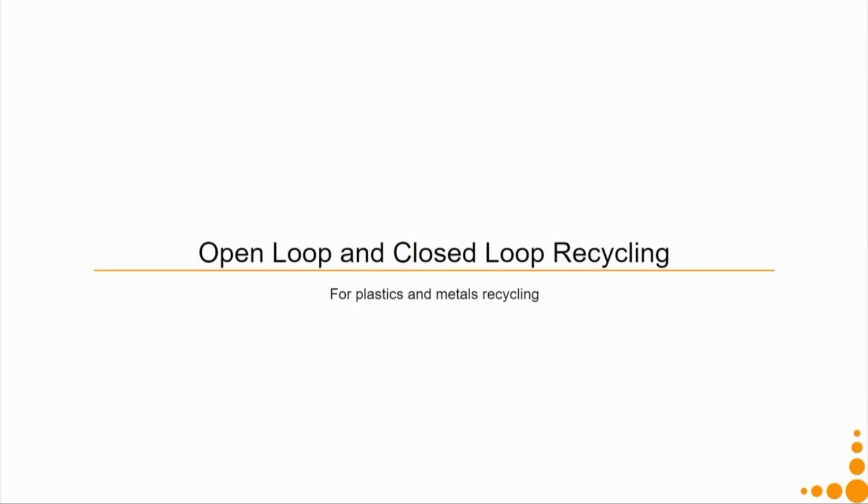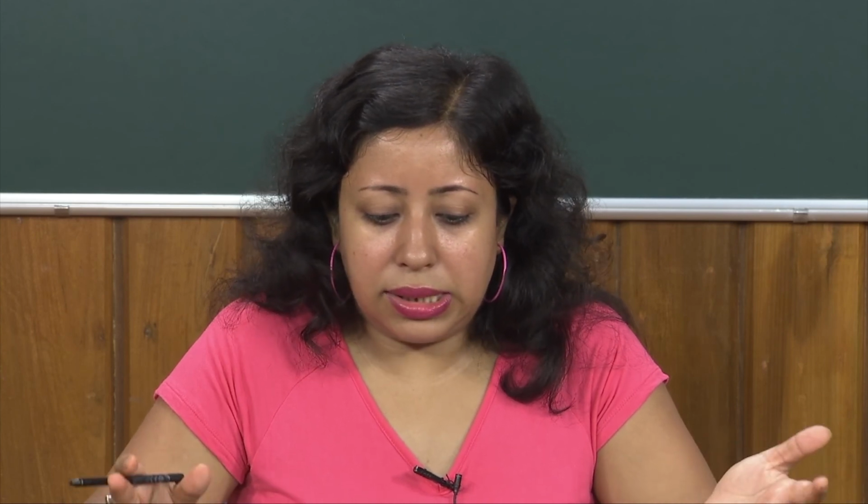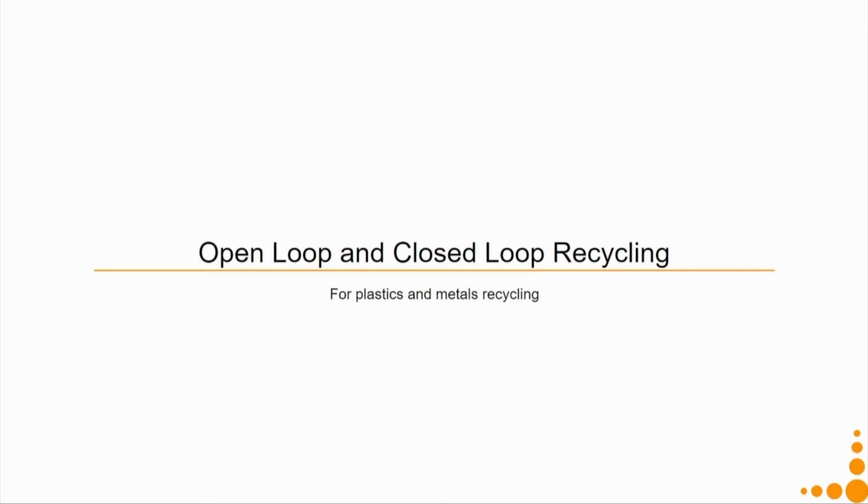Now, so we discussed about waste recycling. Another way of end of life is recycling. There are two types of recycling. We had also in our previous lecture tried to touch upon two different concepts of open loop and closed loop recycling, when we were trying to discuss what is the issue with cradle to cradle life cycle assessment. These concepts are applicable for plastics and metal, because these are the two recyclable materials that we have.